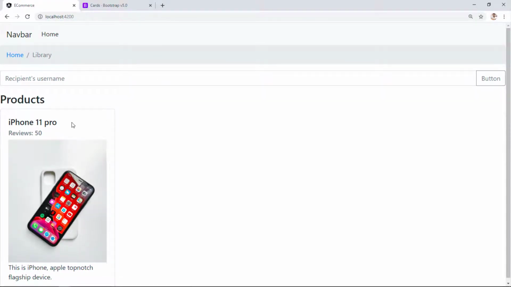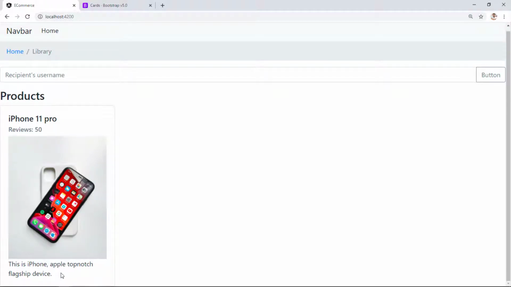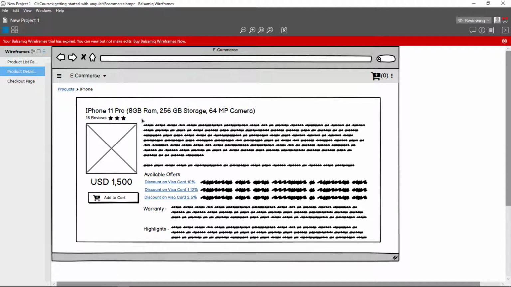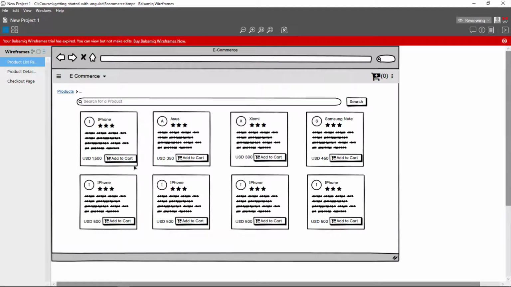In addition to this, what things are pending to do? First, we have to show the product price somewhere, plus we have to make a product details page which may look like this, with detailed information about the product. Before that, let's add a button and price somewhere at the bottom of the card.